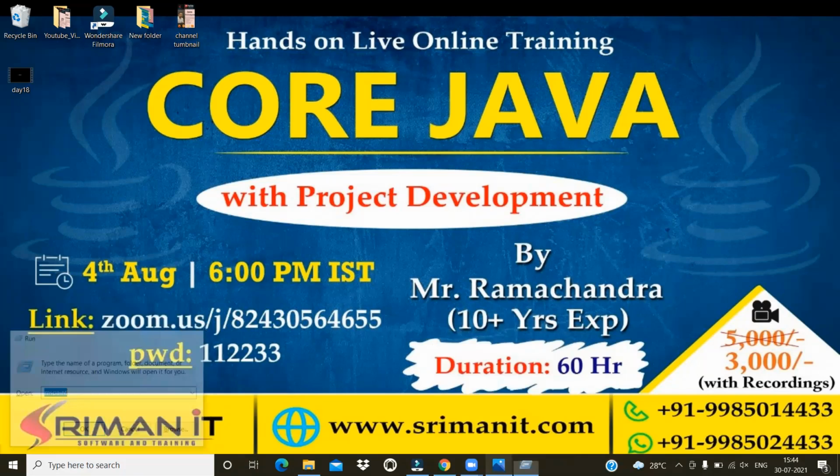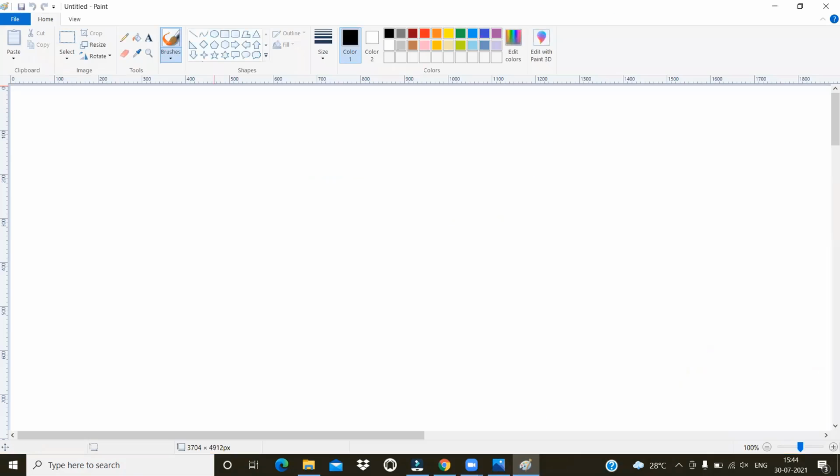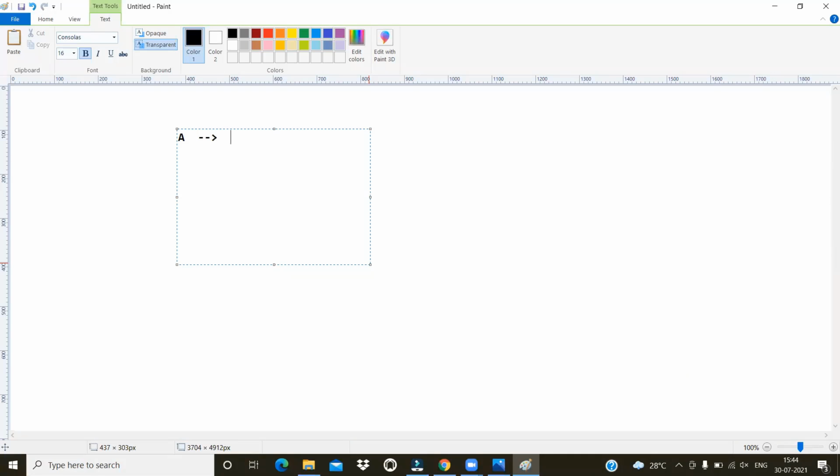For example, A is sending money to B. B already has 5,000 rupees. Now A is sending some money, like 1,000. Whatever data we send from the browser goes in the form of string. Then if we add the existing balance to this new balance, what happens? This much amount will result. So within one transaction, B will become a crorepati.